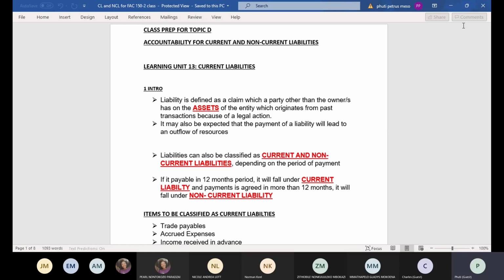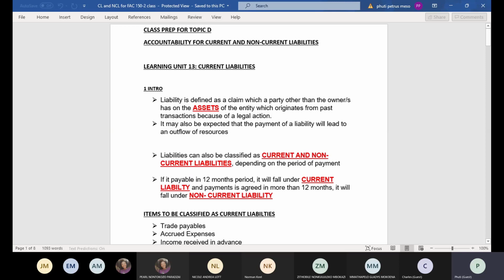If you agree with your client that you will pay your obligations within a 12 month period, the liability will fall within that 12 month period. So it has to be payable within 12 months. It will fall under your current liabilities. And payment that is agreed in more than 12 months' payment terms will fall under your non-current liabilities. Okay, let's have a look at the examples for the items that fall under